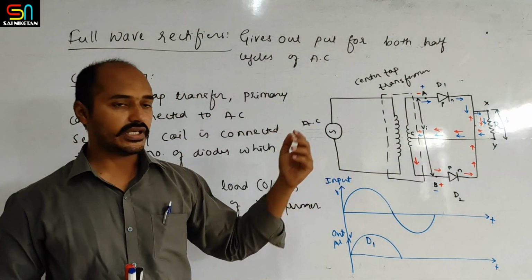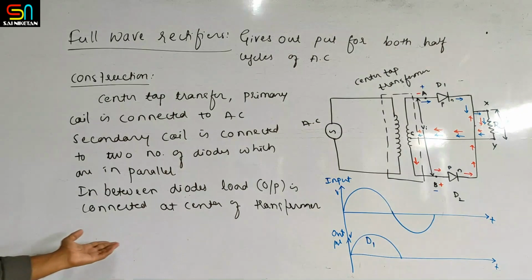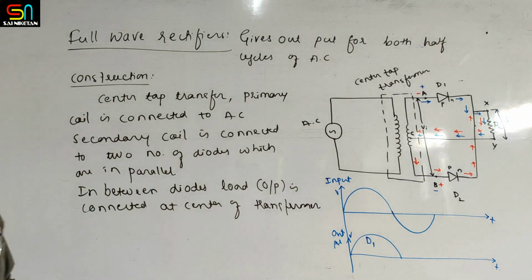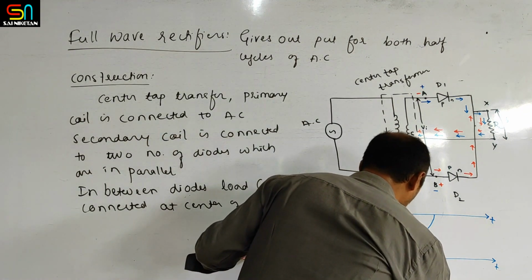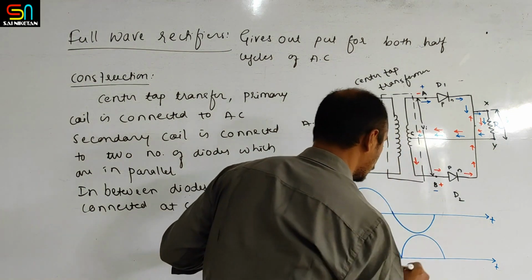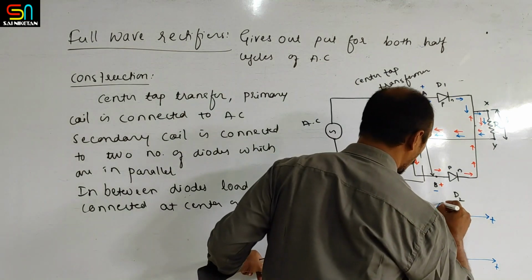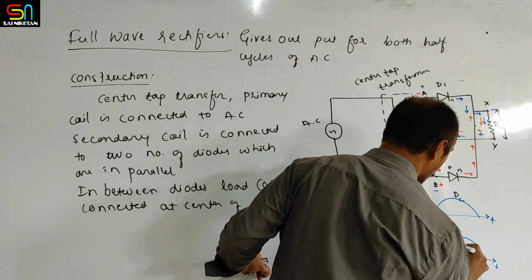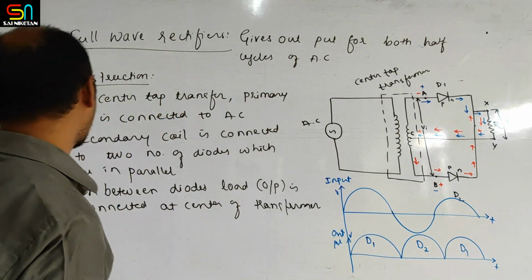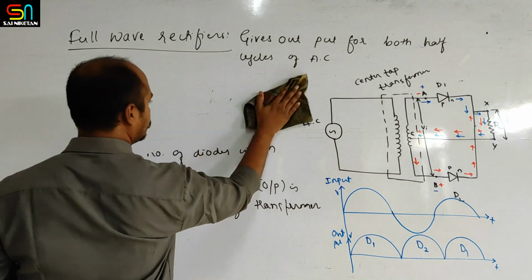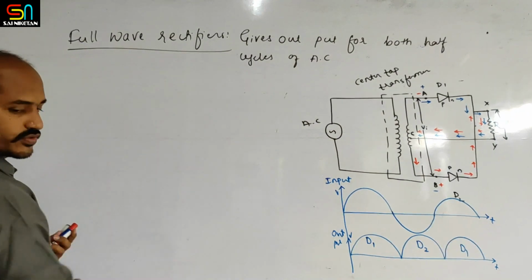So this is regarding the working. I have written the construction here. You can just take a screenshot. Hope you have taken it. And during the negative half cycle, the output is obtained also like this, and this current is because of diode D2. And similarly, it goes on like this, once again D1, then D2, and so on. Now I am writing the working, how it works. I am writing only the key points so that you can make some notes.